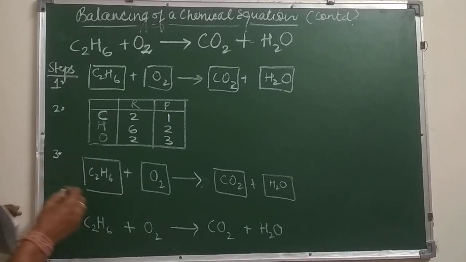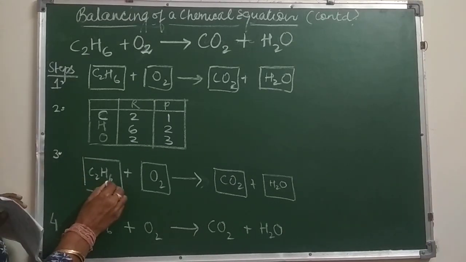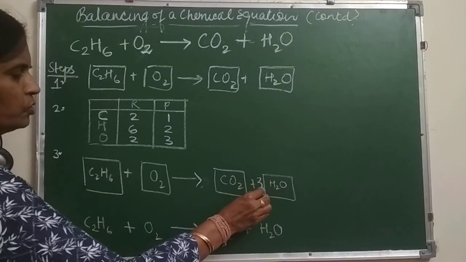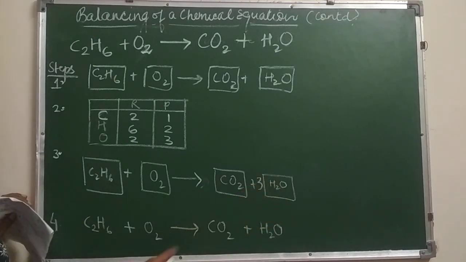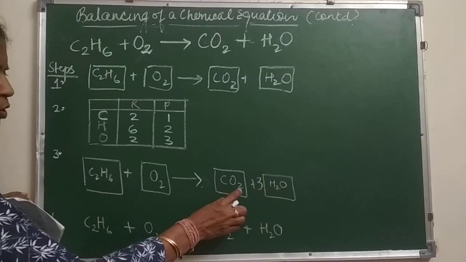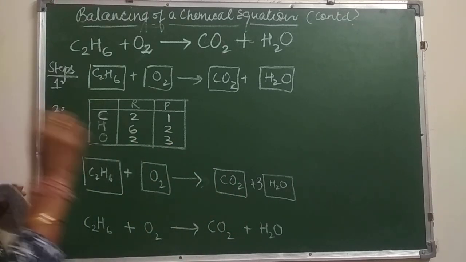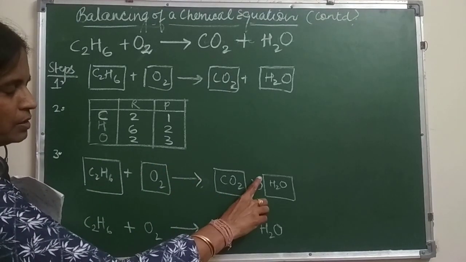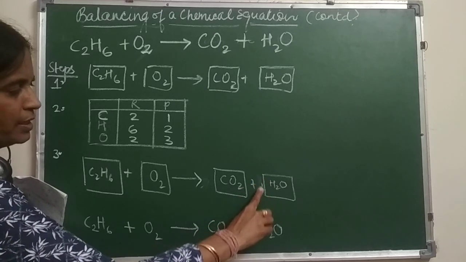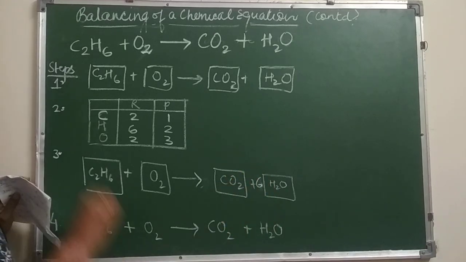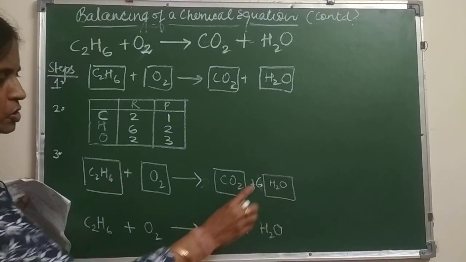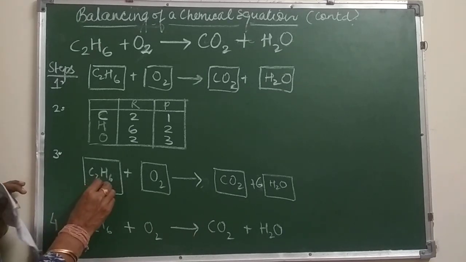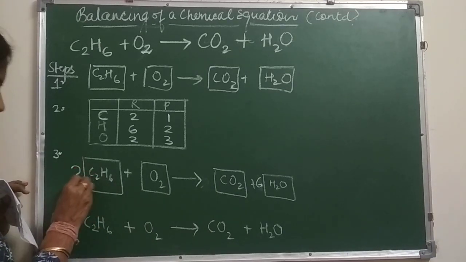Now let us start balancing. So we will start balancing from ethane. Ethane, hydrogen is 6. So I will try to make this as 6. The moment I make it 3, 3 into 2 is 6. But oxygen becomes 3 here and 2 here. That is 5. So I told you we will try to make it even. So how to make it even? If I make this, the next number is, let us take it as 6. Multiple of 3, 6. So now this becomes 6 oxygen here and 2, it is 8 and 6 2s are 12 hydrogen. To make it 12 hydrogen, I put 2 here.